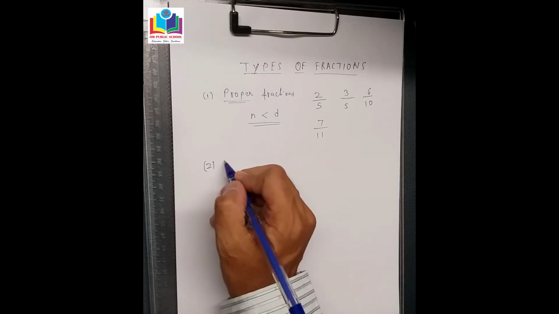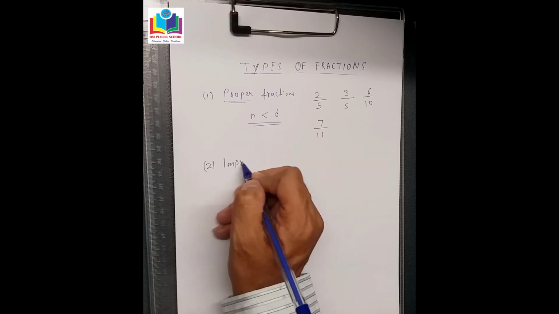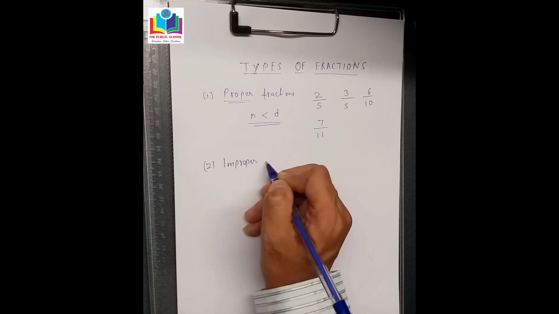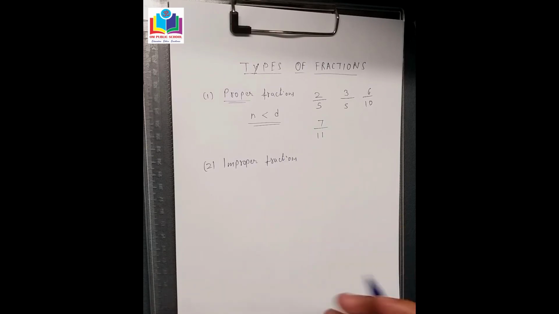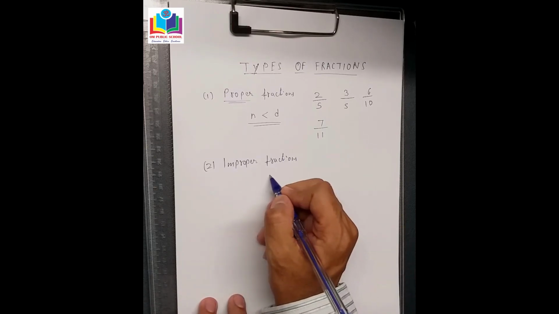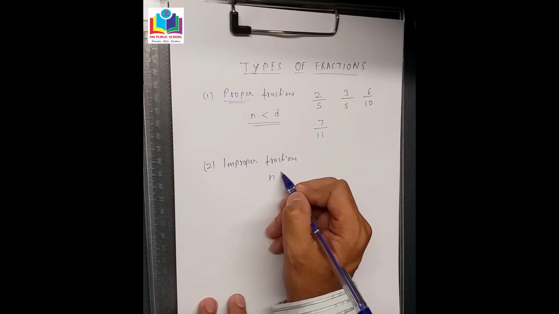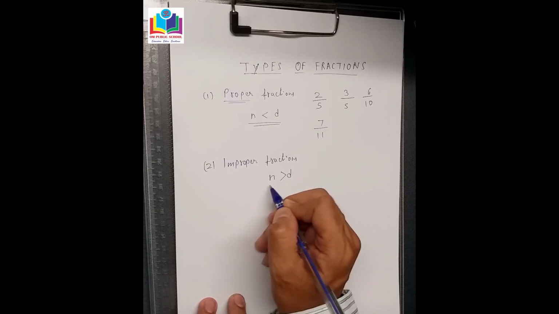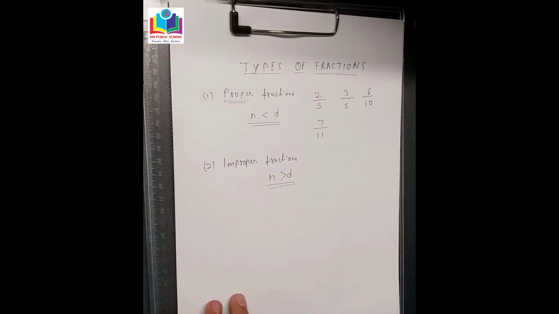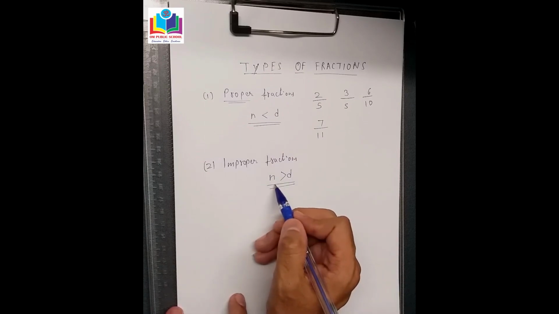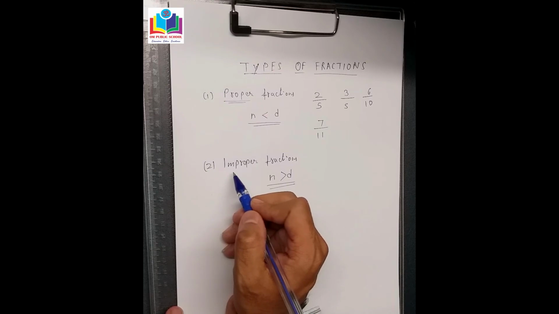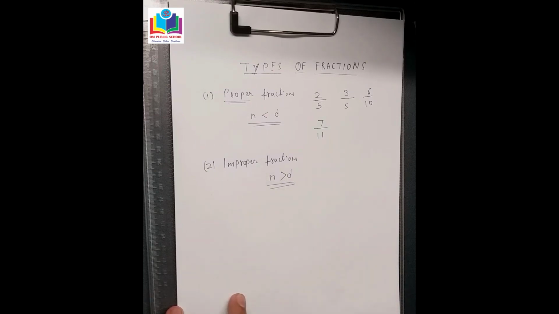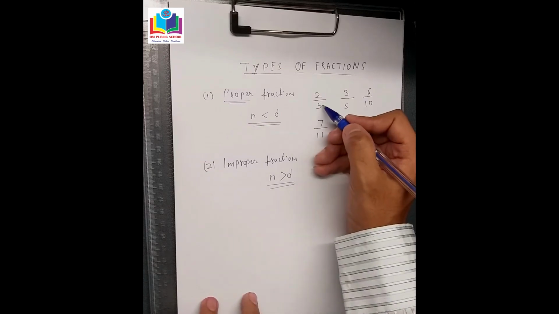Opposite to this, we have improper fractions. What are improper fractions? Where the numerator is greater than the denominator. In improper fractions, the numerator is greater than the denominator. Why do we call them improper fractions? Because they do not fit the definition of fractions. So if we invert this,